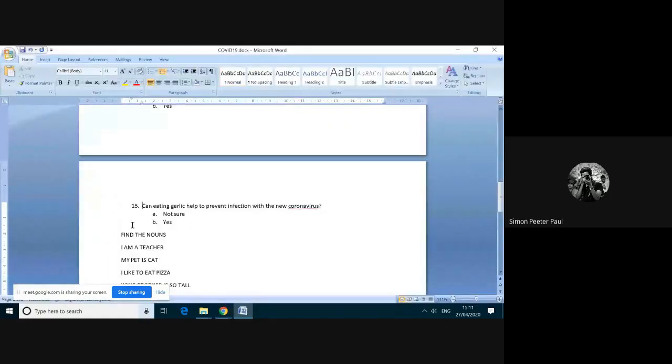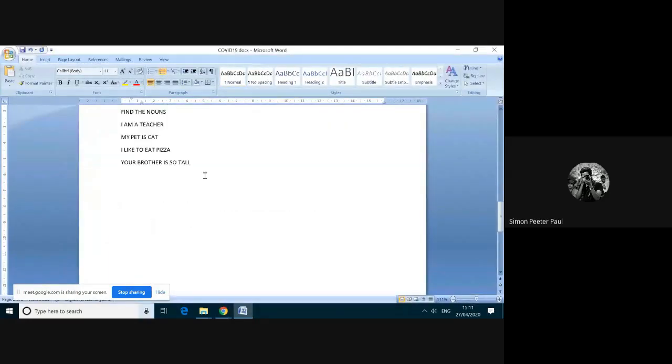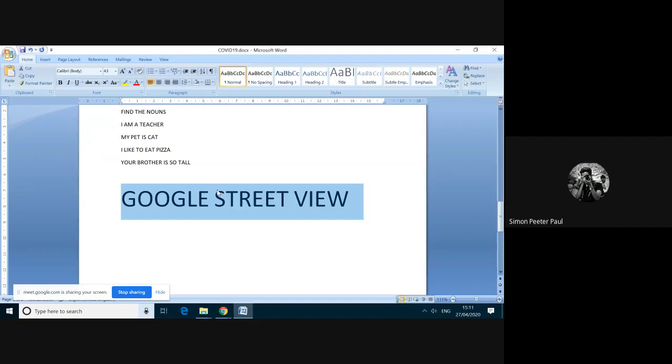Let me type here: Google Street View. Download this app. In that app, you can enter into any street. You can visit any country during this lockdown period.